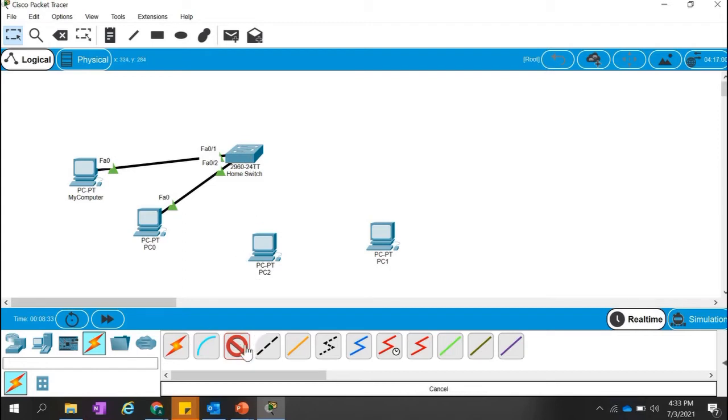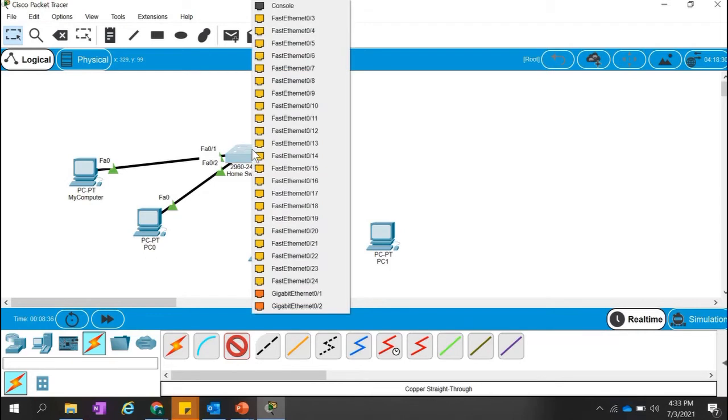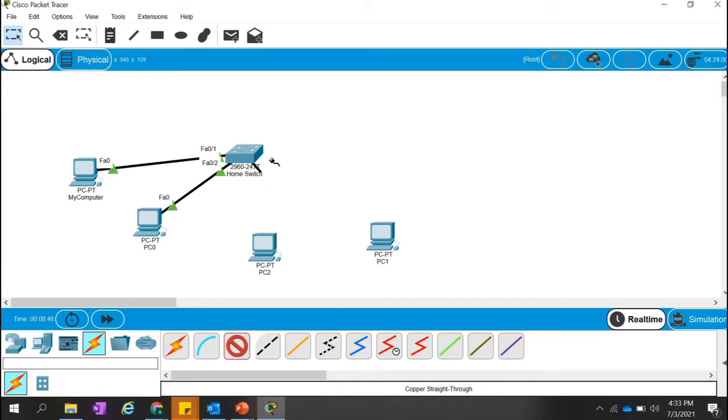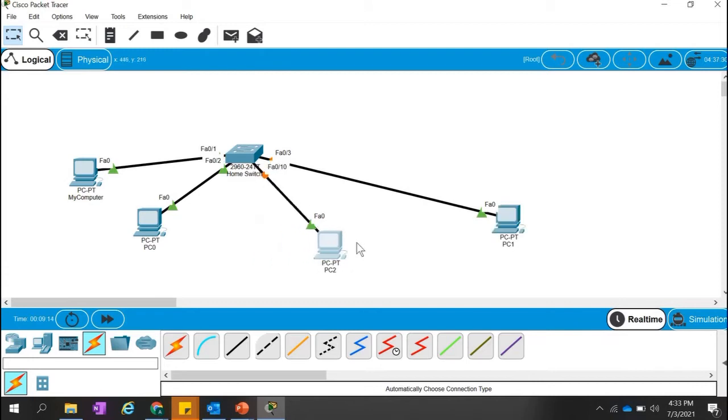But if you use manual selection, then you click over there, and it displays the options of which port you want to connect. You can select any port you want. So suppose I select the 0/10 port here. This 0/10 is the switch port, and then which port of the computer? Obviously the computer has only one LAN port, so it displays only one FastEthernet port. Once you connect, FA0/10 is displayed here and FA0 is displayed here. Okay, so like that we can connect. So all these computers are connected via the switch.